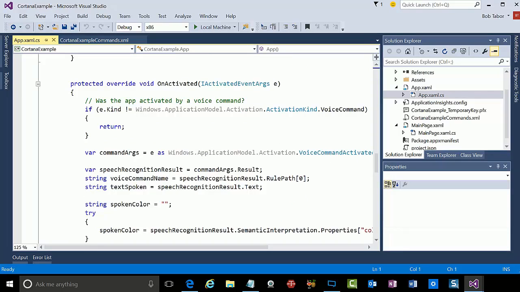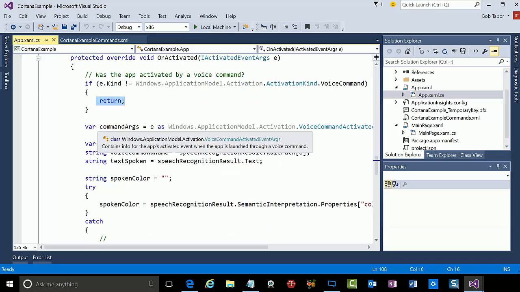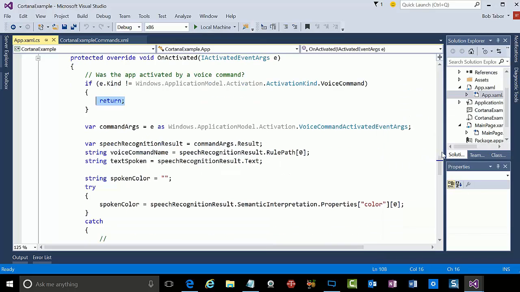And specifically, I want to know how this application was activated. Was it activated as a result of a voice command? If it wasn't, then I want to return. But if it was, then I'm going to grab out the command arguments that were passed in